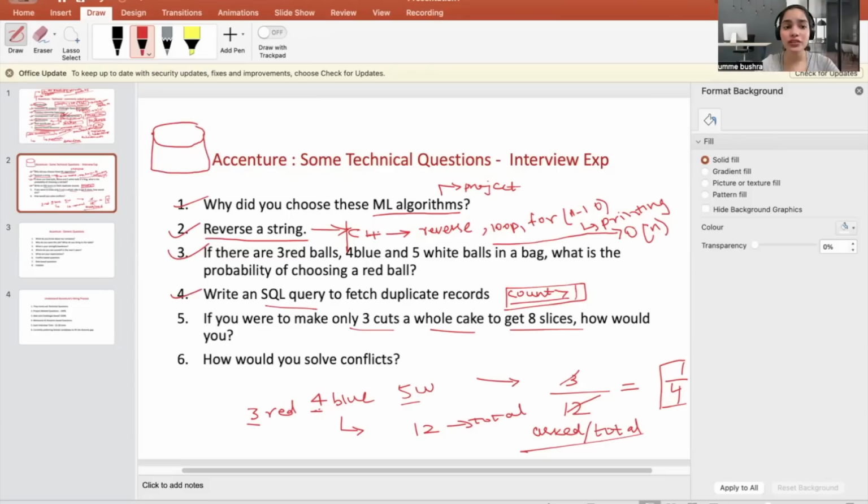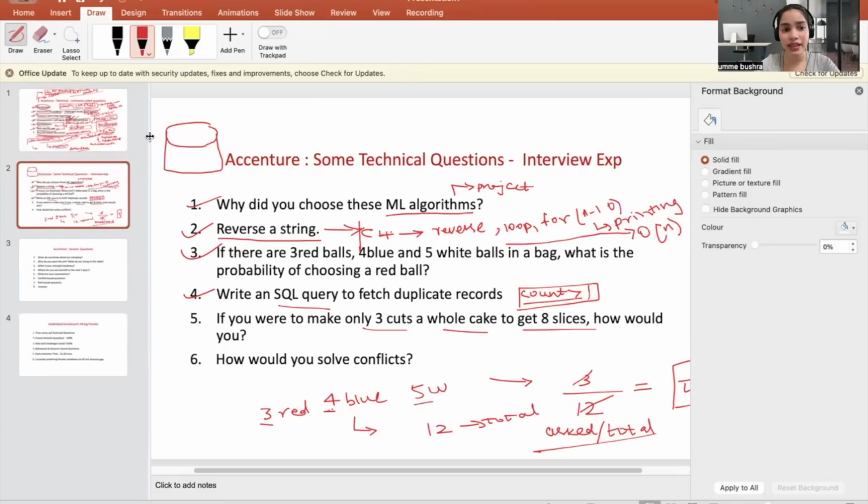So you have to make only 3 cuts. Now if I make cuts like this, think about this. 1, 2. So now you have 1, 2, 3, and 4 slices. But if I cut it in between, the middle, like this, then how many will we have? 8, because these 4 pieces are divided into 2 now, which becomes 8 slices. So 2 on the top, 1 on the bottom. If you cut this way, then you will get 8 slices.